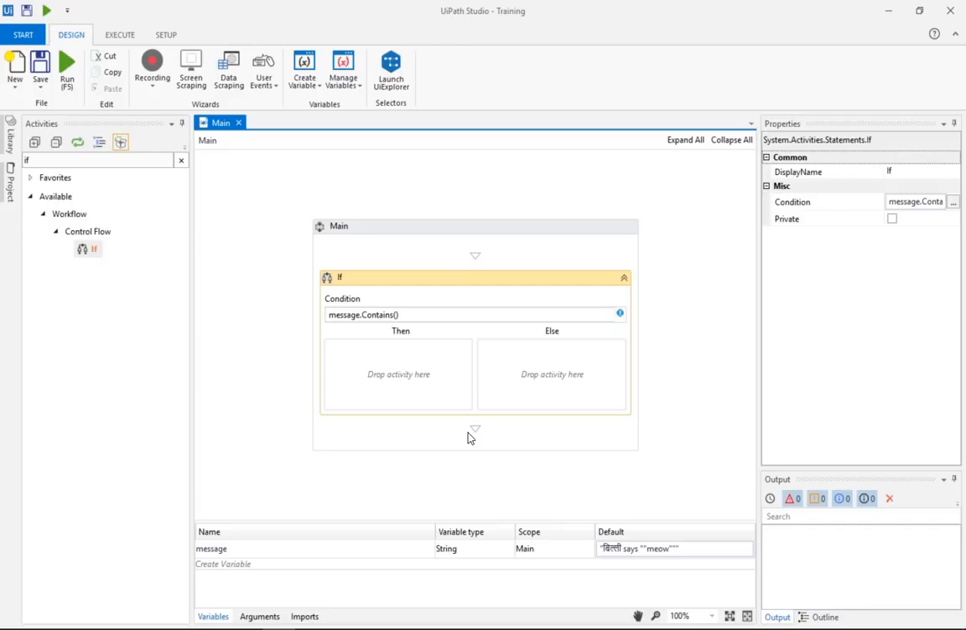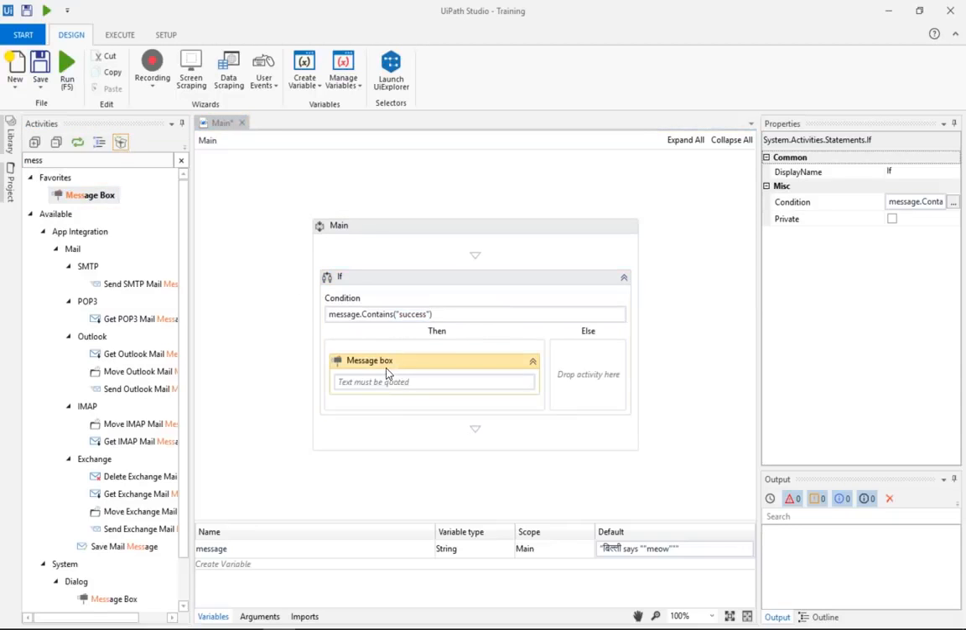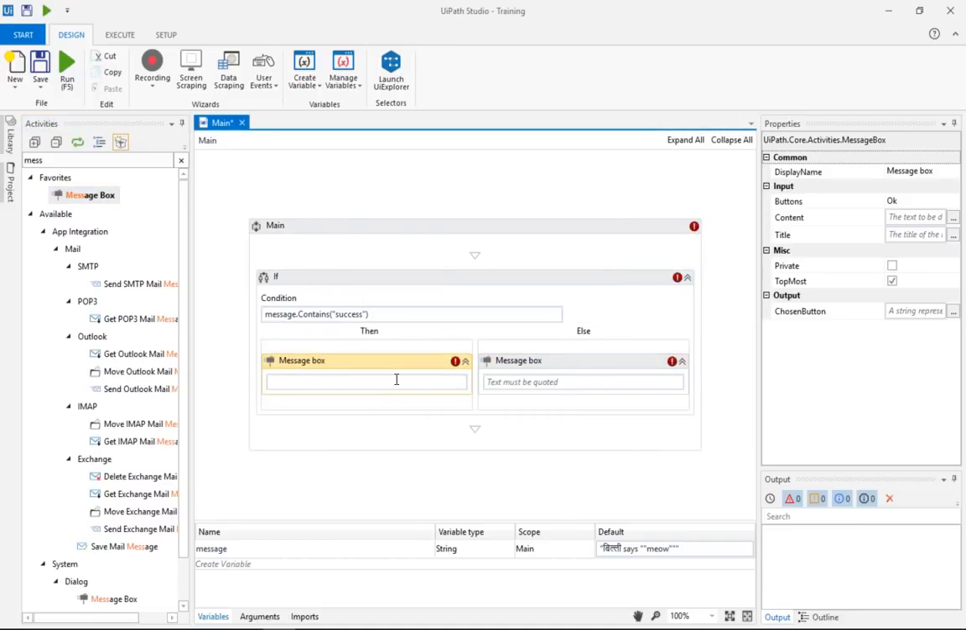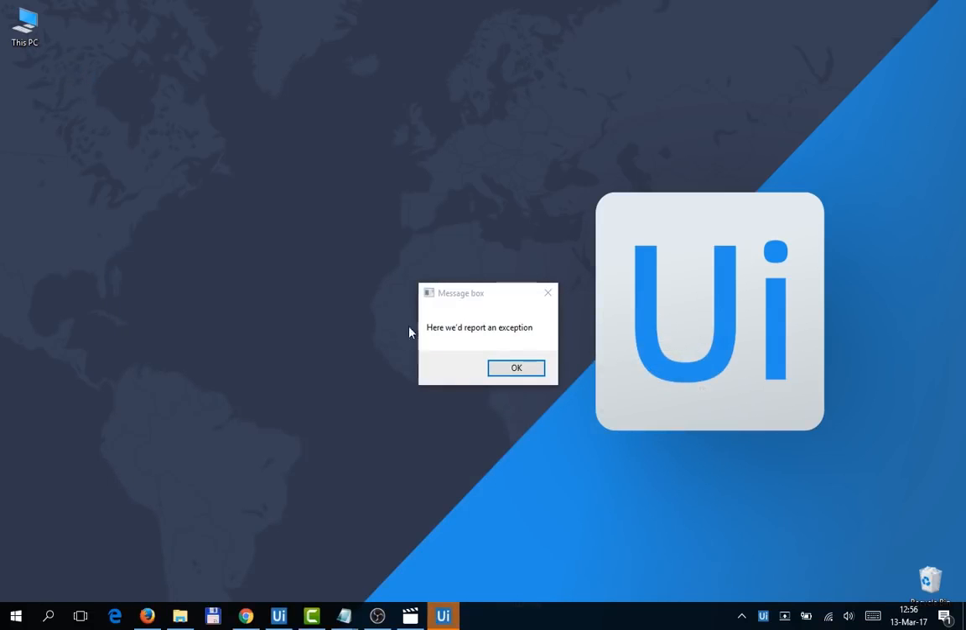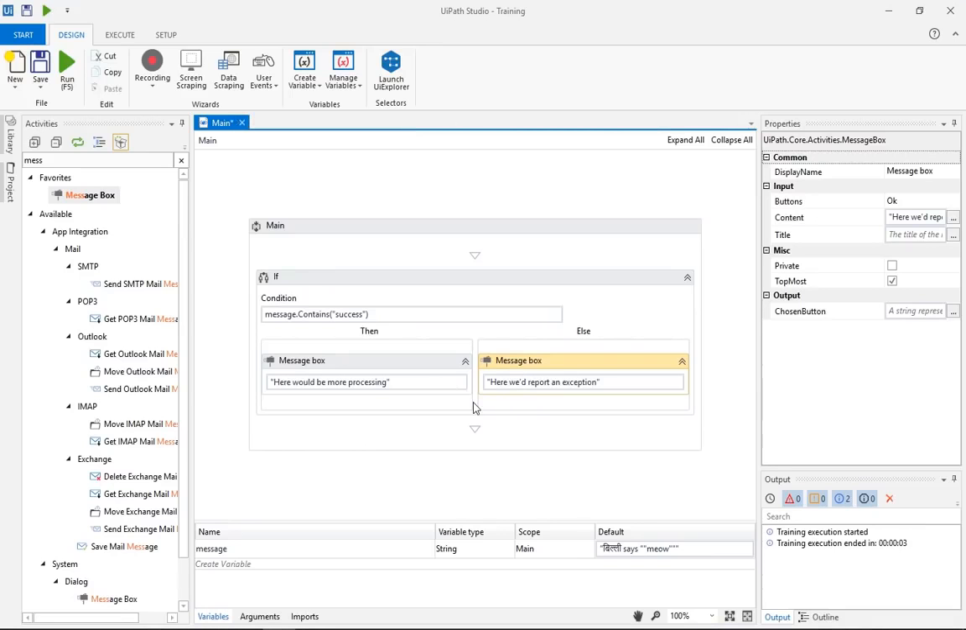This is particularly useful in situations where the status of an operation is reported by an application-generated message with particular keywords, like success. To simulate how a robot would react, let's use two message boxes as action placeholders. If the message string contains the word success, the robot will follow the first branch, displaying the message, "Here would be more processing." Otherwise, it will go with the second branch, displaying, "Here we'd report an exception." Now let's run this. As you can see, the robot has reported an exception, as the word success is not contained in the message